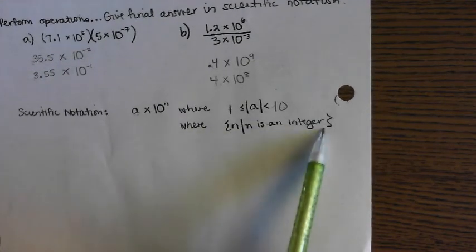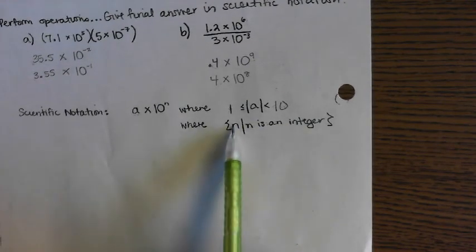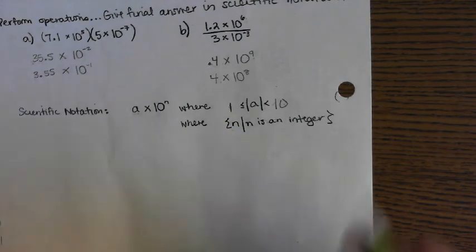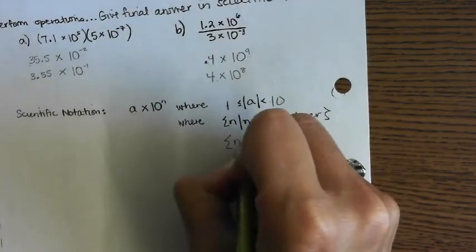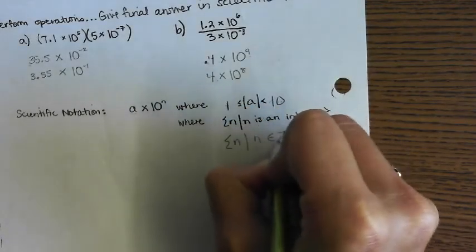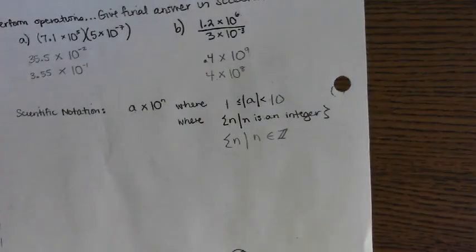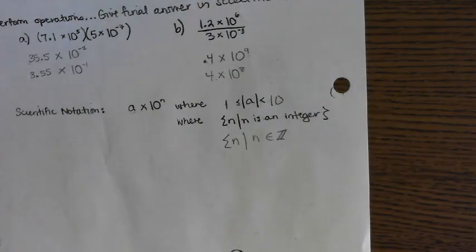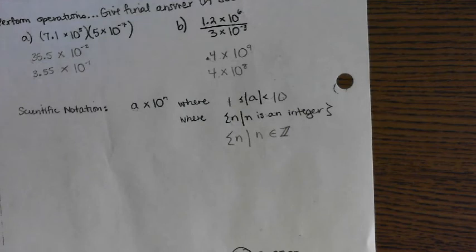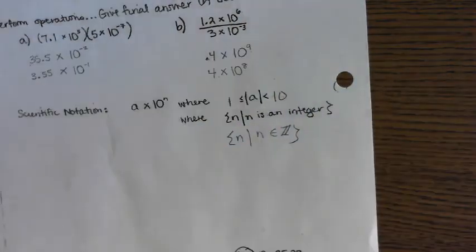has to be an integer. Okay? So where n, such that n is an integer, or that could also say n is an element of the set of all integers. You can't have 10 being raised to a decimal power. It has to be an integer. Okay? So nothing